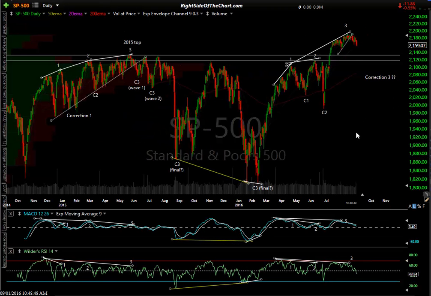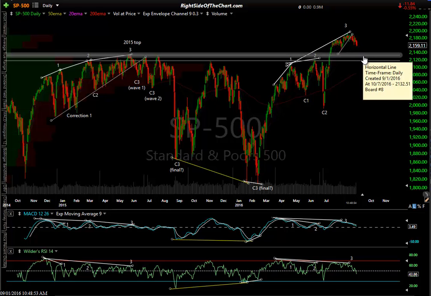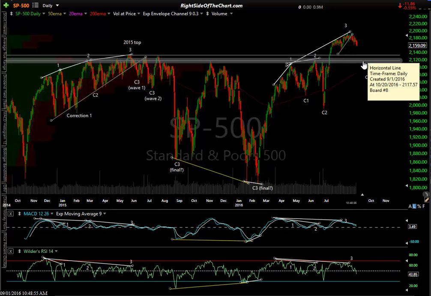So let's not spend any more time on that right now. Those are my scenarios. Again, I'm looking for a pullback to ideally the 2120 level, and I'll gauge the nature of the pullback as it comes. One thing to consider,